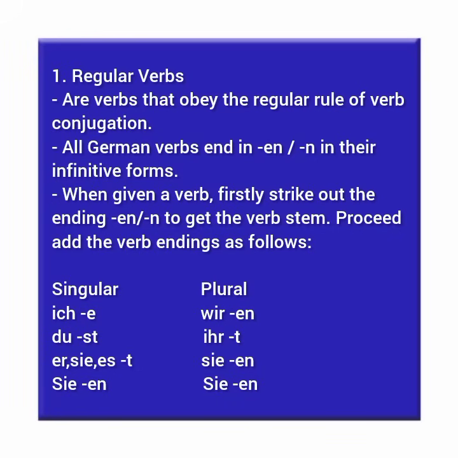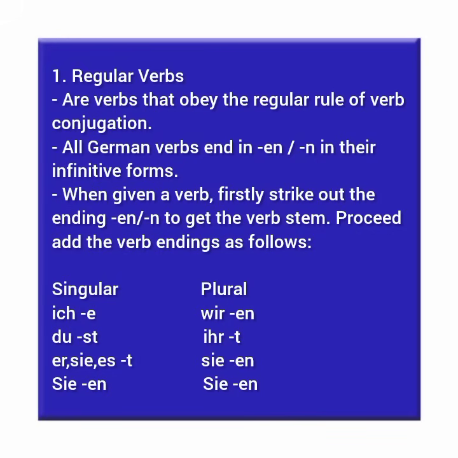This table shows you the singular side and the plural side. It's important that you master this table. The personal pronouns I've given you must always begin in small letters, except the last Sie, which is always capital because it's the polite form. These others are in small letters because these are not full sentences. Here we have the singular side and the plural side.